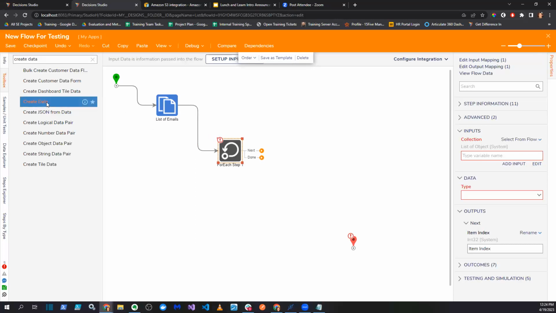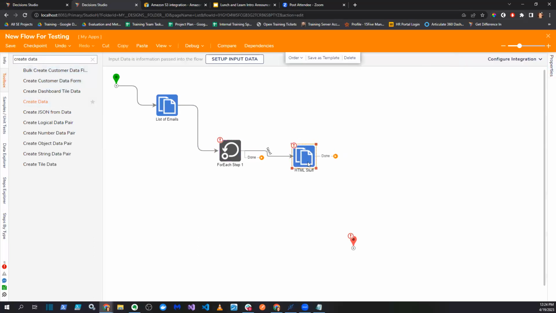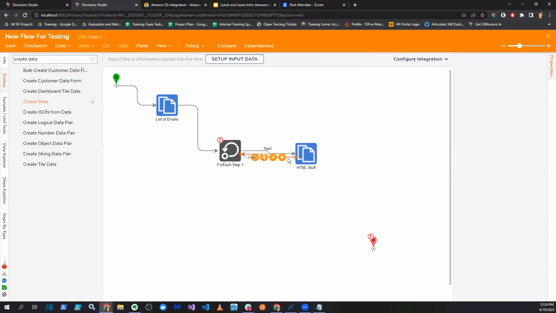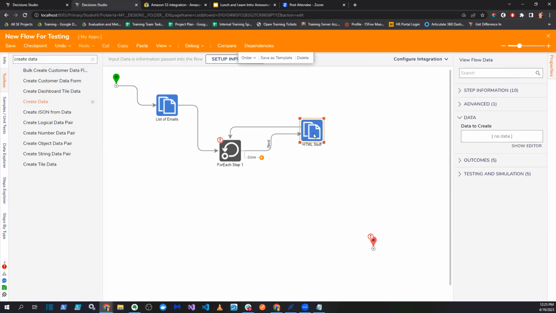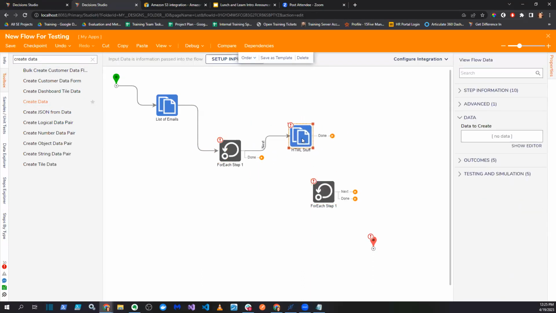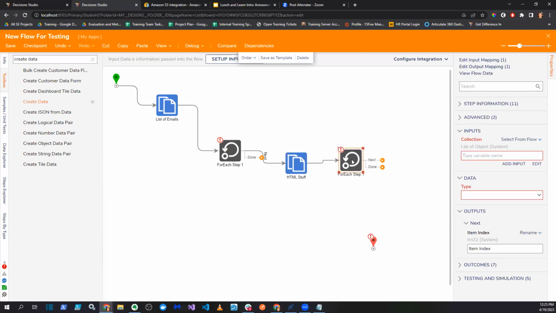And then inside of this, you'll have a placeholder step, so we'll do HTML stuff next. After it does all the HTML stuff for one person, then you're going to hit another for each step inside that loop. Oh, okay. Yeah, so it grabs the items it needs to compile into a list, and then for each goes through those